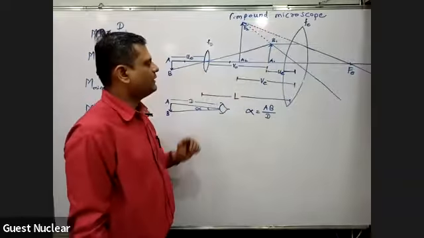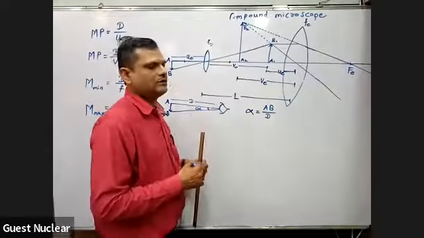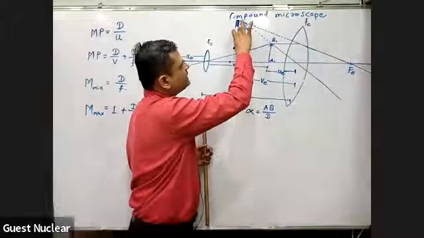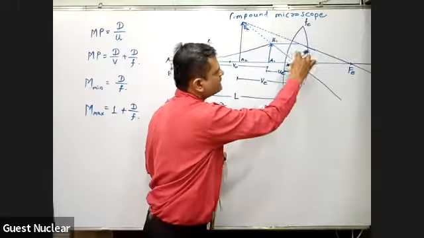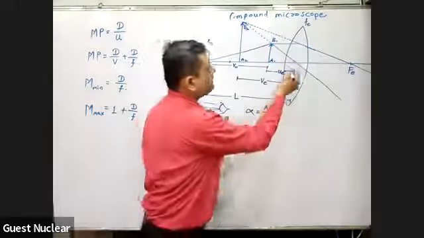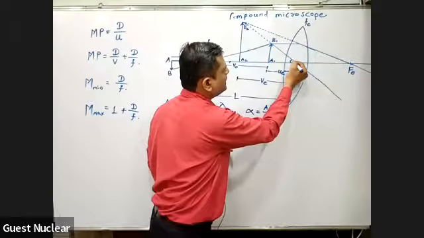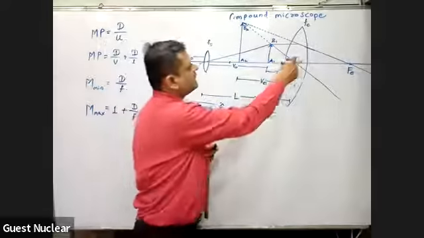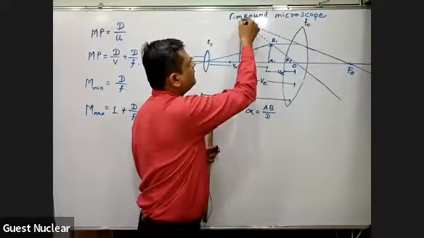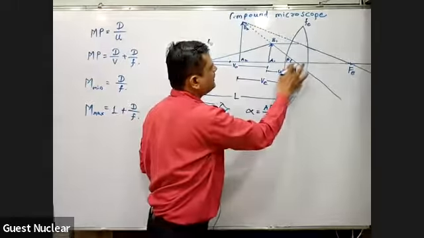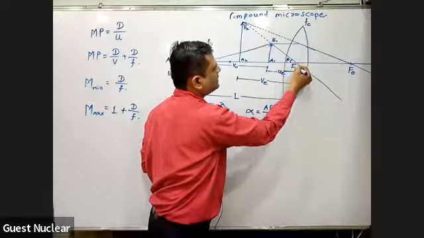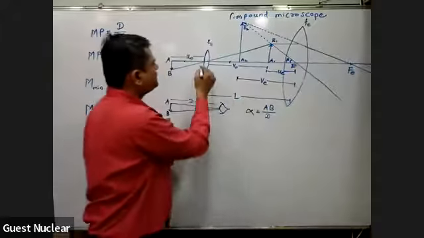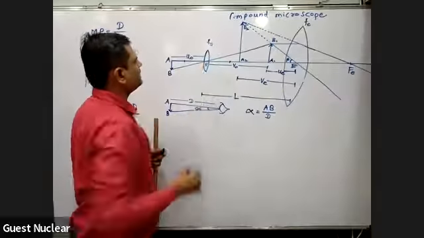Okay, now we'll see what is the final image. Which one is the full and final image? A2B2, correct. So how much angle does this A2B2 subtend on this eyepiece here? It will be called beta. So this angle specifically is denoted by beta. If we look at this triangle, we can name this point E. E means eyepiece, that's why we give it the symbol E, and this point we will call O, okay?